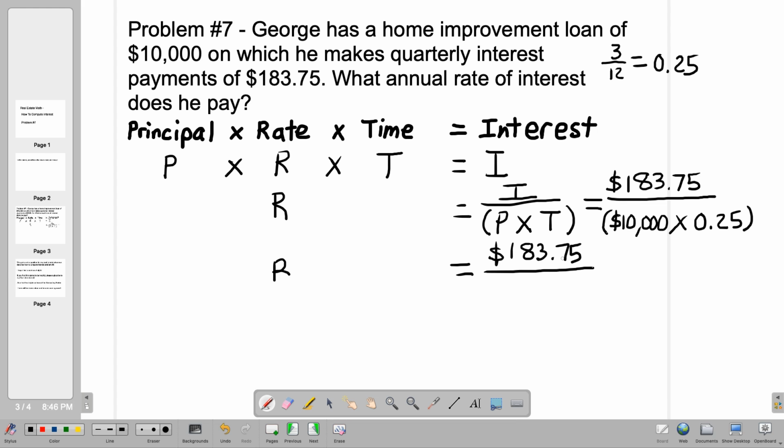We have 10,000 times 0.25, and that gives us a value of 2,500. So all we have to do next is take 183.75 and divide it by 2,500. And this gives us a value of